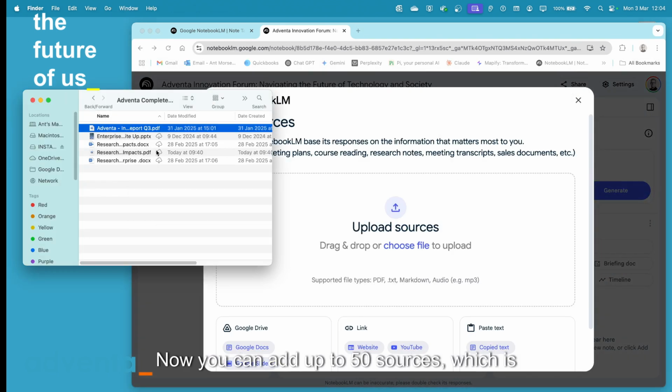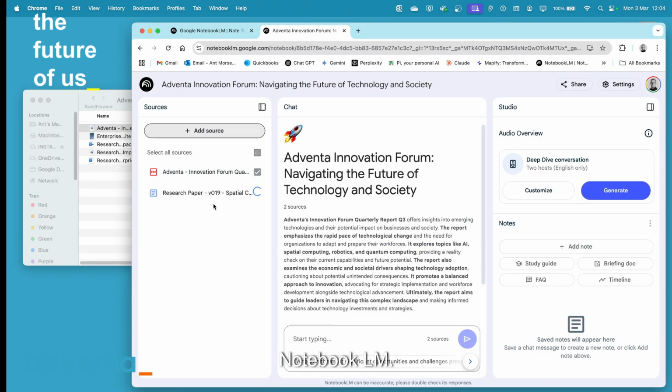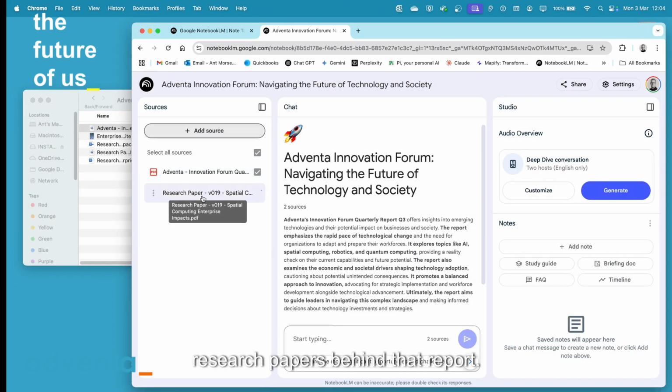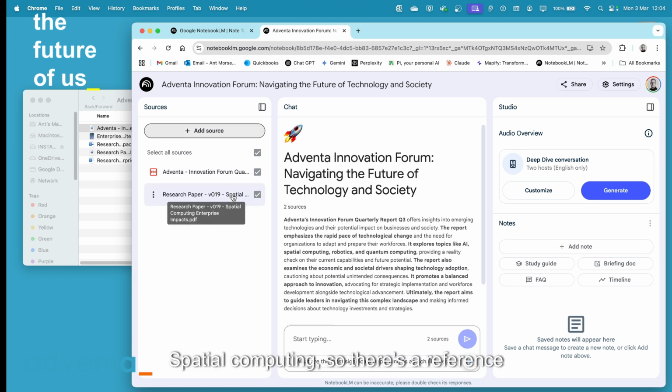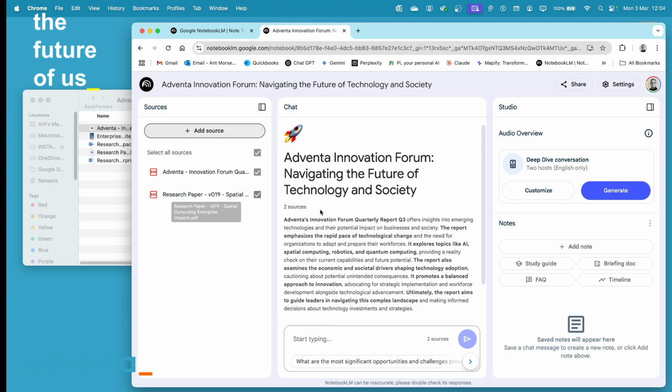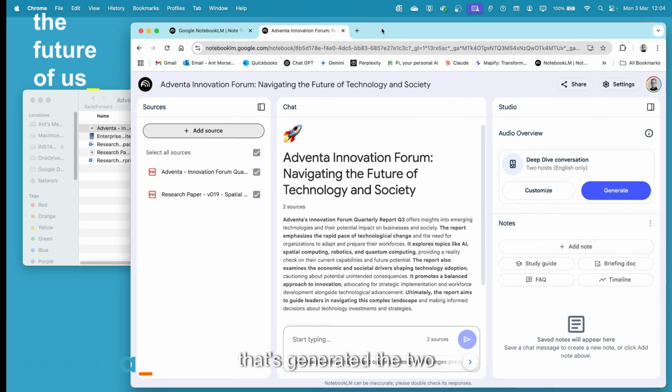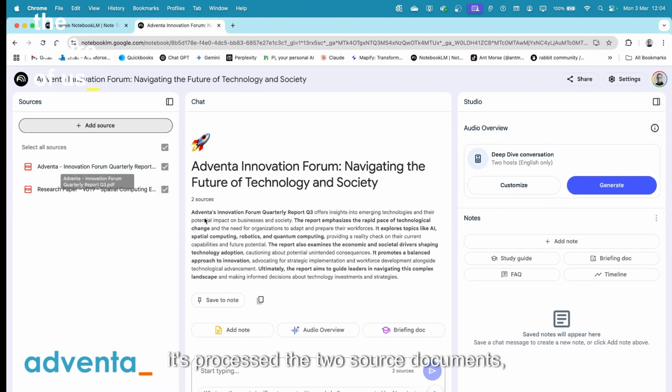Now you can add up to 50 sources, which is just incredible with Notebook LM. And I'm just going to put one of the research papers behind that report. So this is on spatial computing. So there's a reference to spatial computing in there, and also the agentic AI aspects, or AI's interoperability with spatial computing as well. So that's generated the two, it's processed the two source documents, provided the overview,